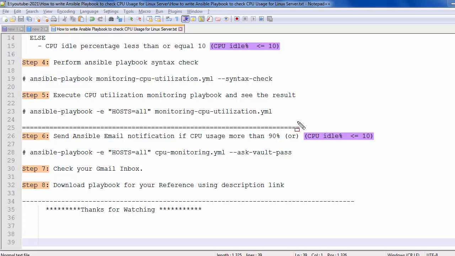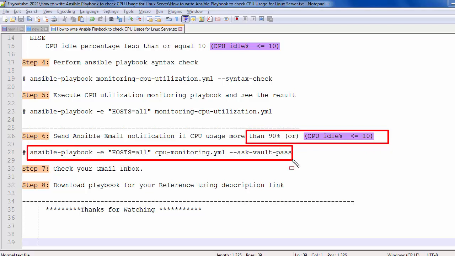Now I want to get an email notification. When I am executing the playbook, if the system has CPU utilization of more than 90%, or the idle percent is less than 10, that is the condition on which Ansible should send a mail to me for a system having high CPU utilization. I already created the playbook with the mail configuration.